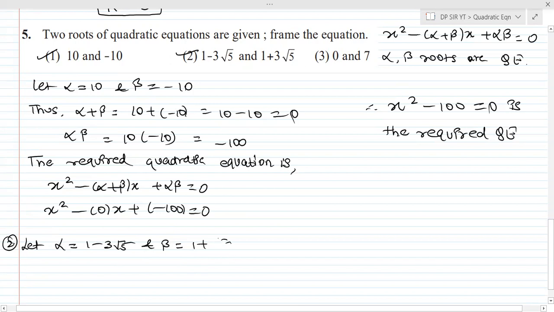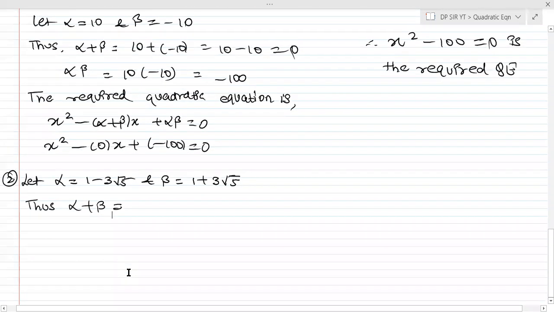Okay, now find alpha plus beta and alpha into beta. I don't know. Need to restart my system. So let alpha plus, thus alpha plus beta क्या आएगा? Thus alpha plus beta is equal to, yes, please let me know what is alpha plus beta here. It's going to be 1 minus 3 root 5